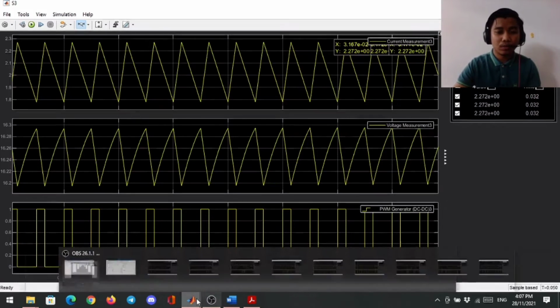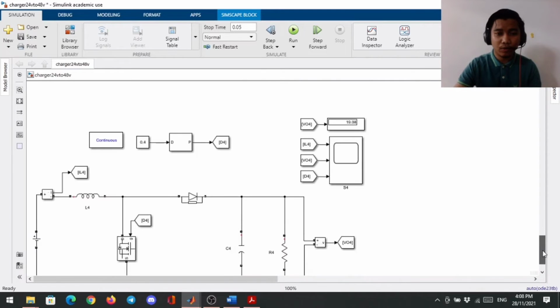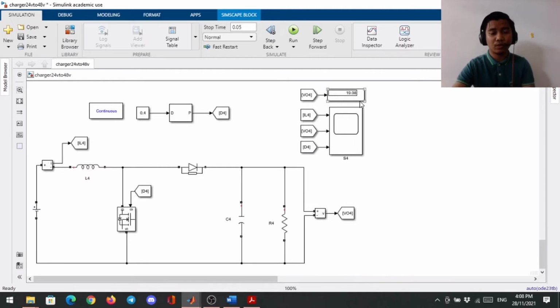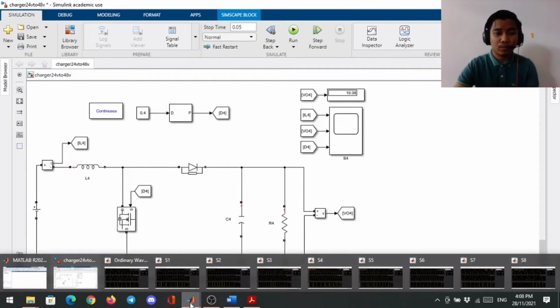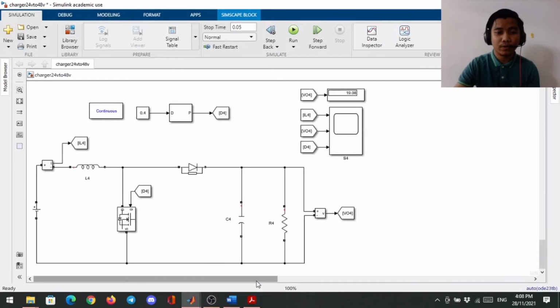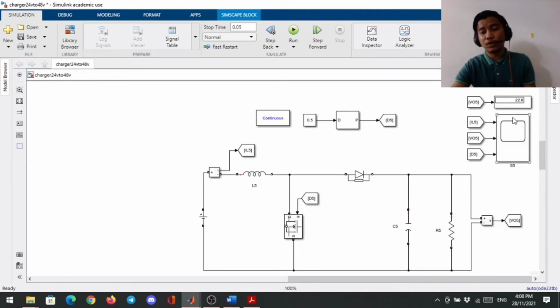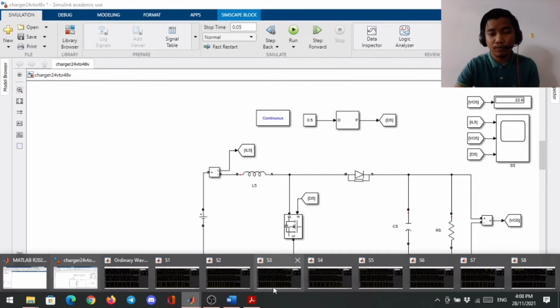For the next duty cycle, 0.4, the output voltage is 19.08 volt, and the output waveform is here, where as you can see, the pulse width modulation signal fed to the MOSFET switch is much bigger than before. Then for the duty cycle of 0.5, the second one, it produces an output voltage of 22.9 volt